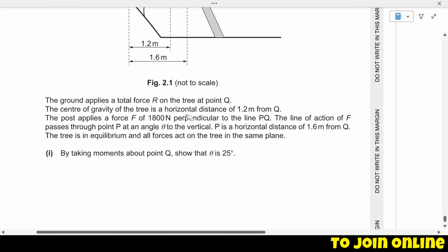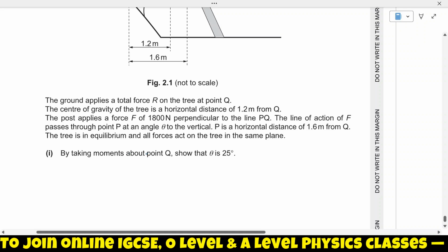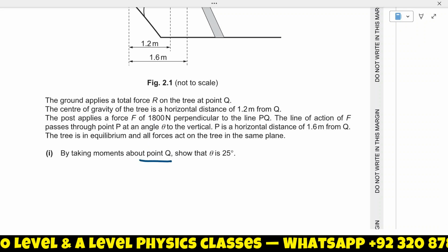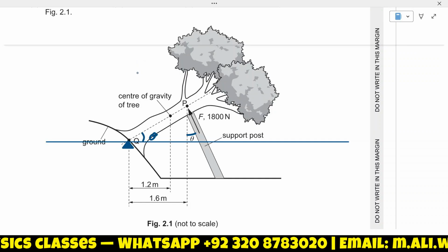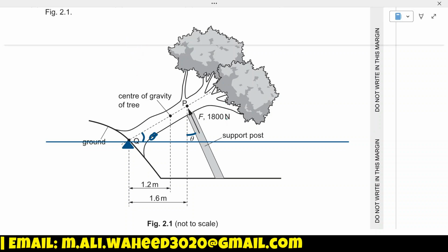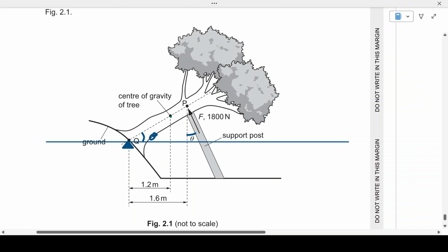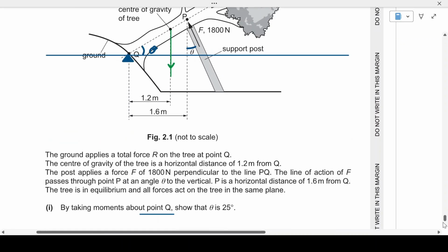And the tree is in equilibrium, which means we can apply the principle of moment, and the pivot is mentioned as the point Q. How many forces do we have? I can see a force of 1800 Newton, and there should be a weight of the tree. It should be exactly through the middle. The center of gravity is also marked, and the weight of the tree we don't know, so I'll just note